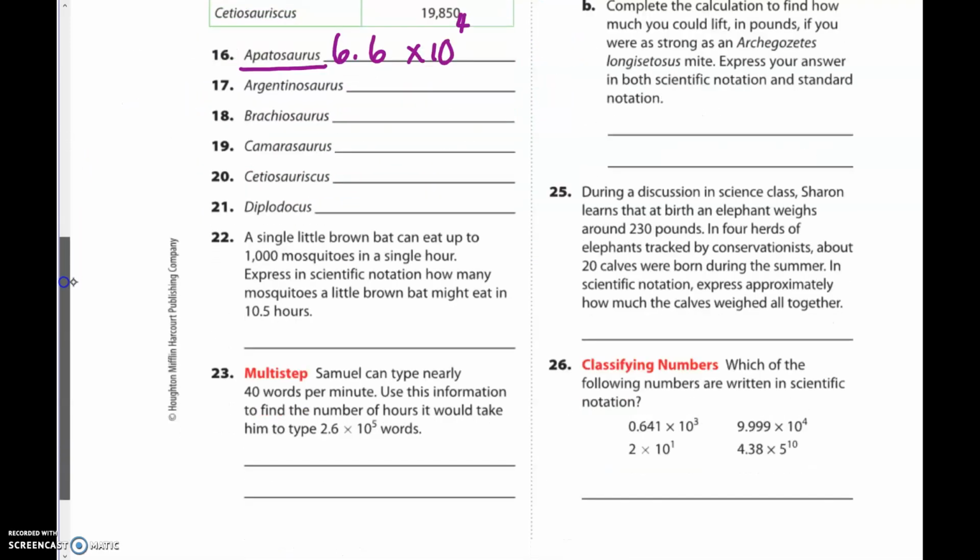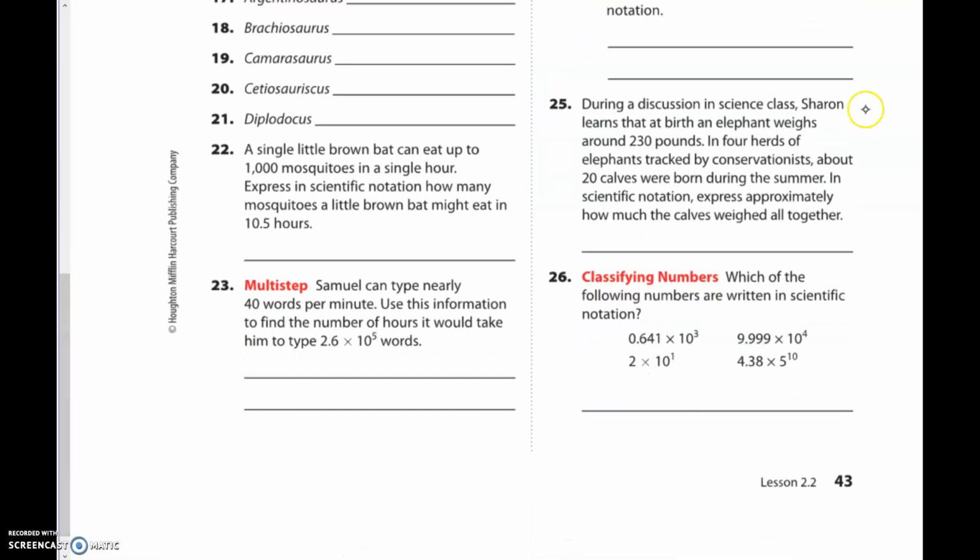Number 25 and 26. So during a discussion in class, Sharon learns that a baby elephant weighs 230 pounds. In 4 herds, about 20 calves were born. So how much do these weigh all together? Okay, if one of them is 230, and there's 20 of them all together, we're going to take 230 and multiply by 20, and we get 4,600